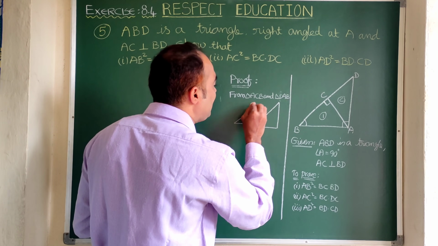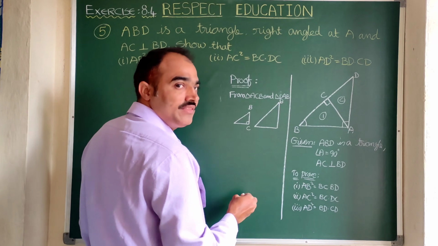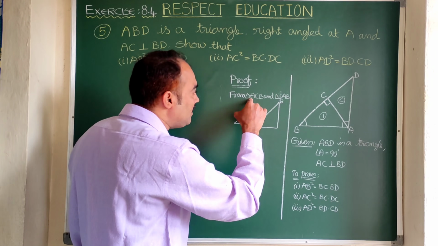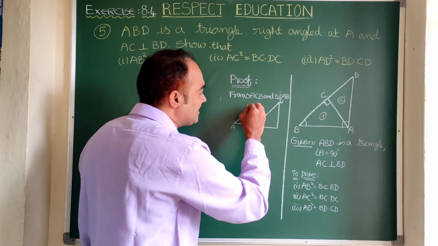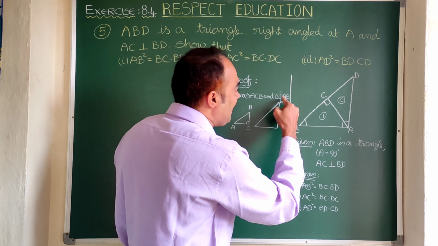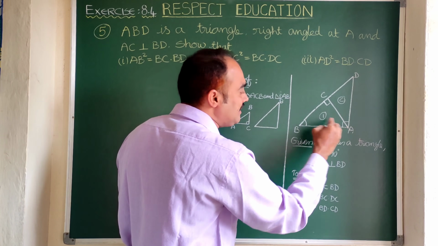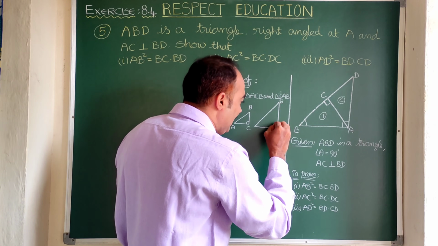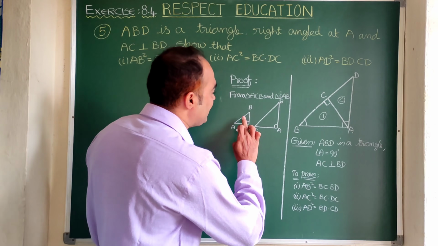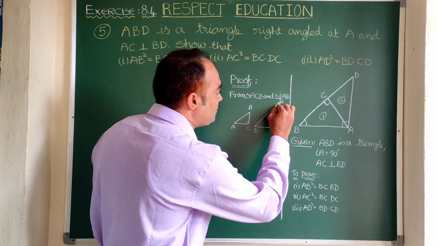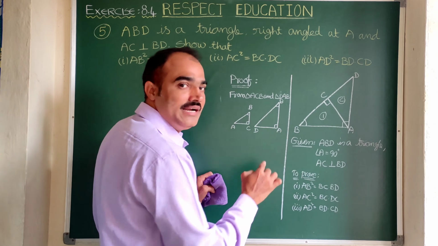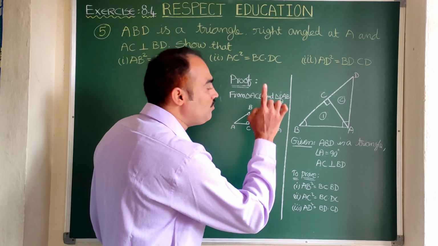Let us write common angle here. And in the smaller triangle, B place is given, C place is given, leftover one is A, let us write here. So ACB over. In this DAB, B is given as it is common angle and A is 90 degrees, let us give this place for A, and remaining D I am going to write here. So our target is to prove these two are similar. As we know, angle B is common and angle C equal to angle A equal to 90 degrees each. By AA similarity, both are similar.